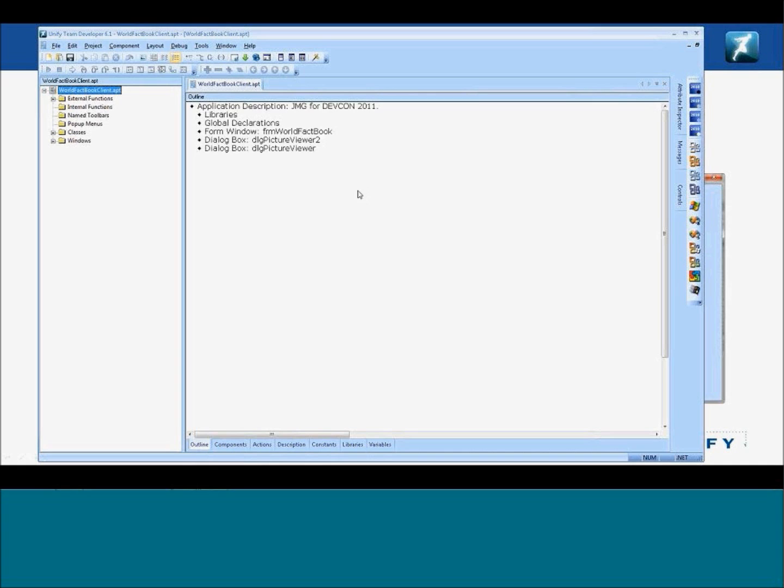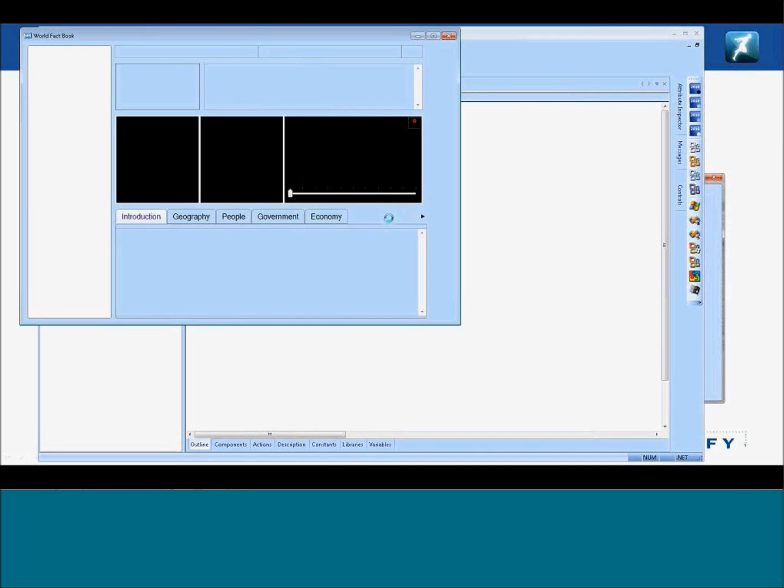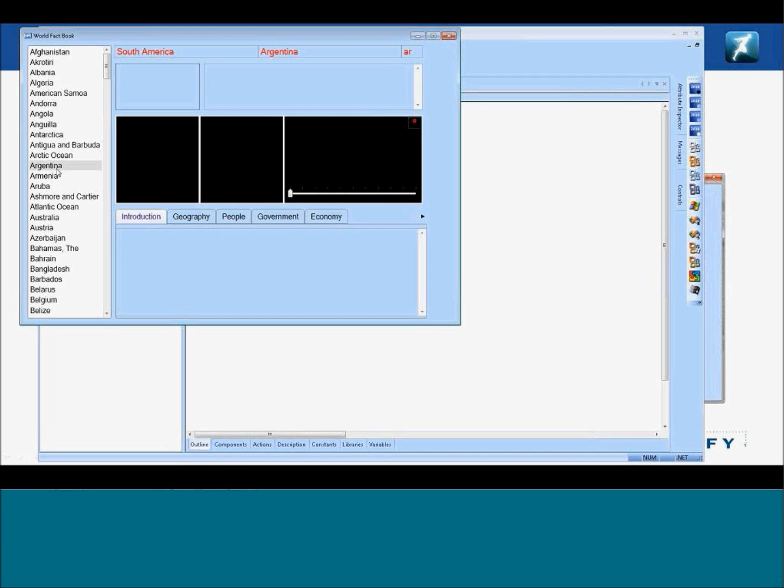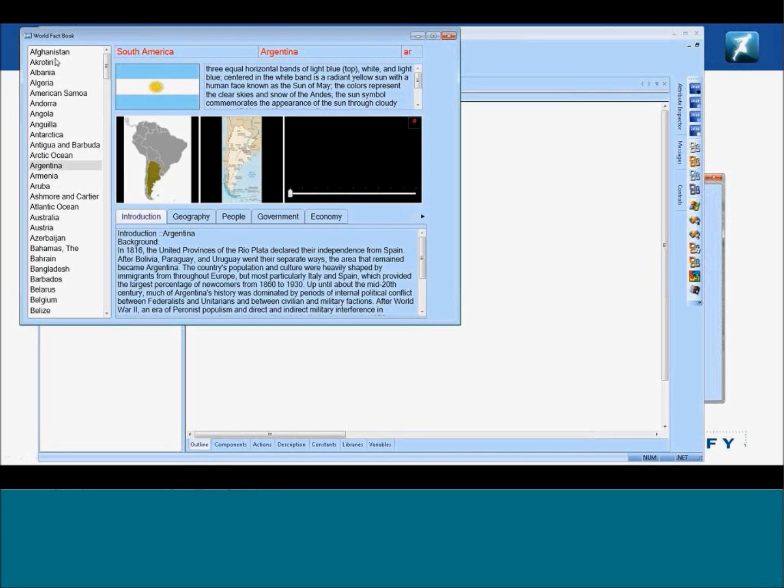Here's the application that consumes all that. And let me run this first so you see it. Now again, the web services are hosted in California, and I'm accessing them from Munich, and I'm not in any VPN, so that's working through the open internet now. And I can click on any country here in that list. You remember that get countries was one of the calls available as an operation. So what this application does first is fills this list box with a list of countries from that web service,